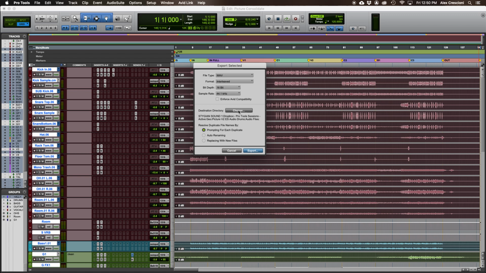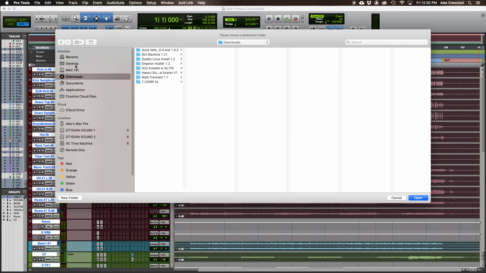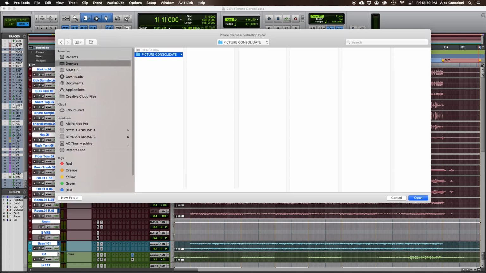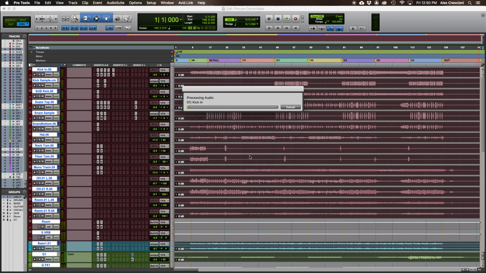So now we're going to put this in a folder. You can put it wherever you want. I'm going to put it on the desktop. It's going to be Picture Consolidate. Open. Export. It's going to take a little bit, but then you'll have a nice, neat folder of all the multi-tracks